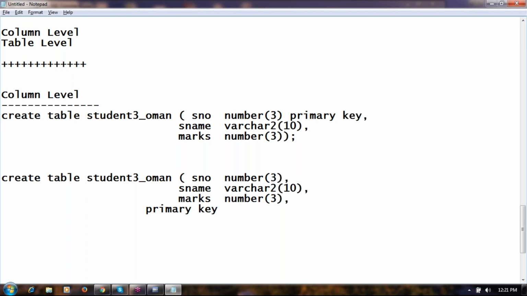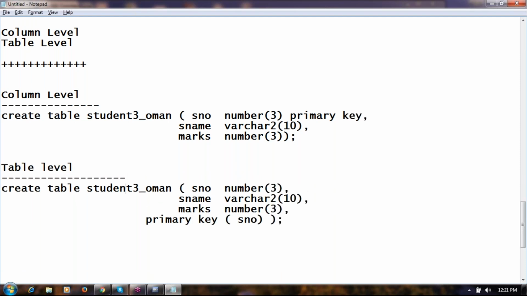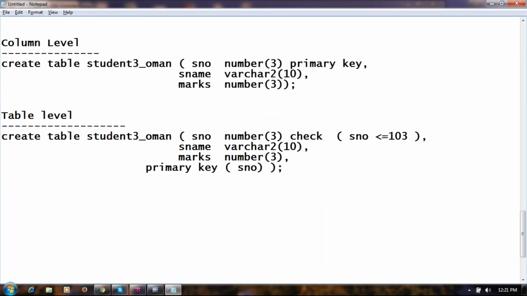I want to apply primary key on which column? S number. This is what level? Table level. I'm applying two constraints on the column student number. One is the primary key constraint. The other one is a check constraint.